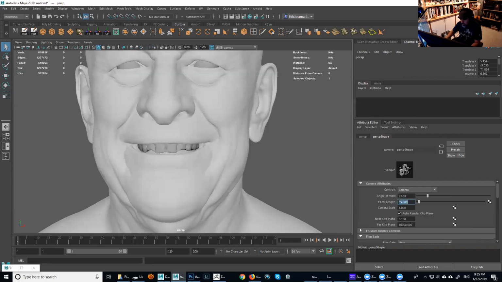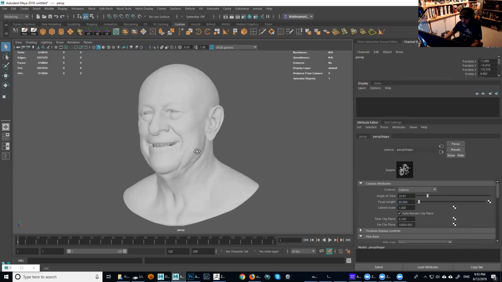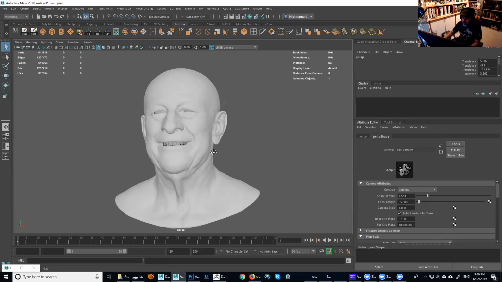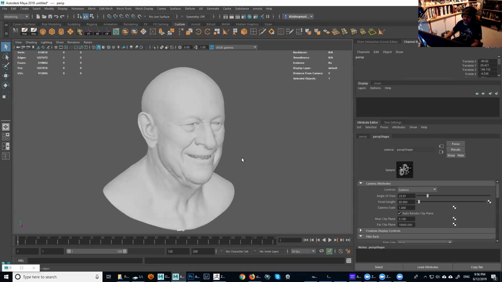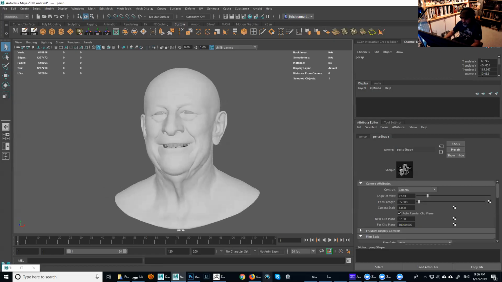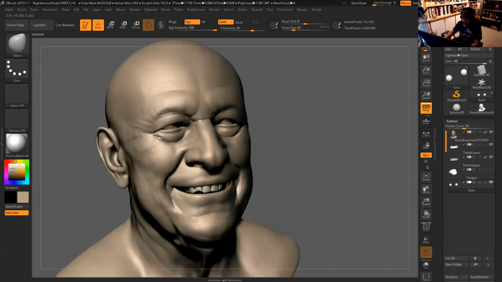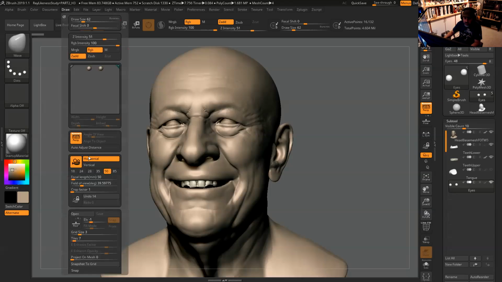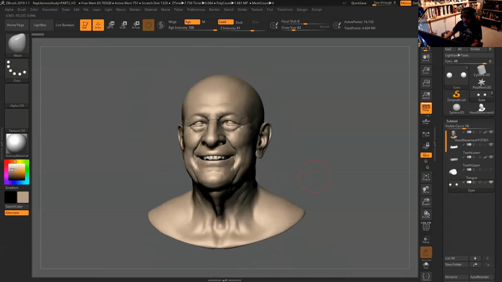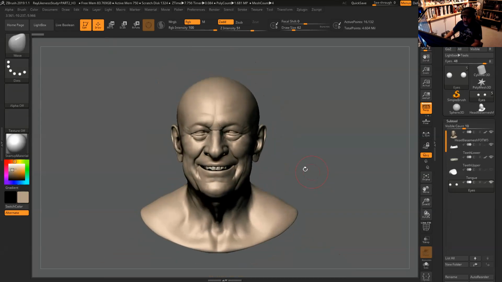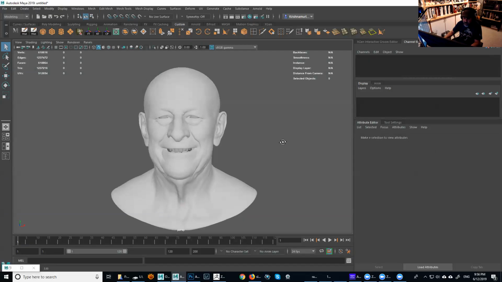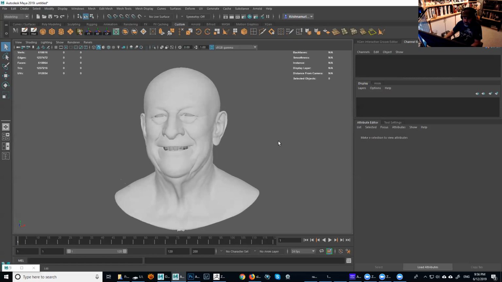If I switch to 85, you see the face got a little bit too wide now. The reason why I cannot trust the ZBrush camera is because I was using 85 here and it's not as wide, right? So let's see, document, no, draw. Let's switch to 85. It's kind of similar, but it still looks like in Maya it's a little bit flatter than that. I might be wrong, I don't know. It looks a little flatter.